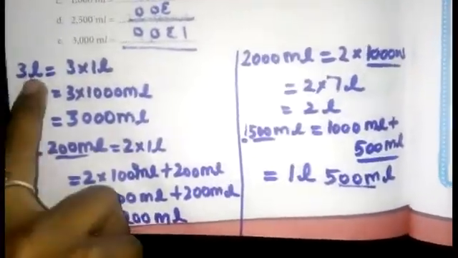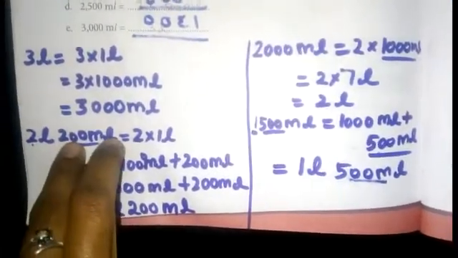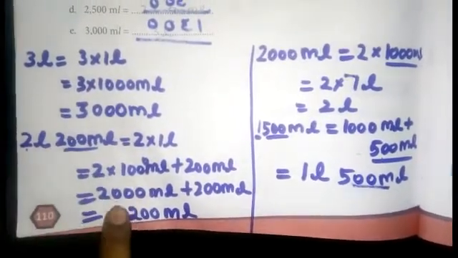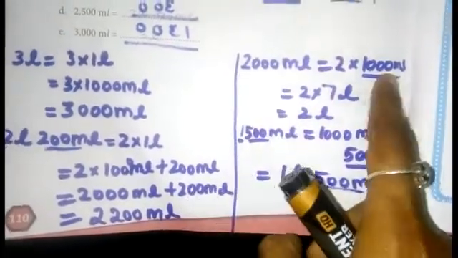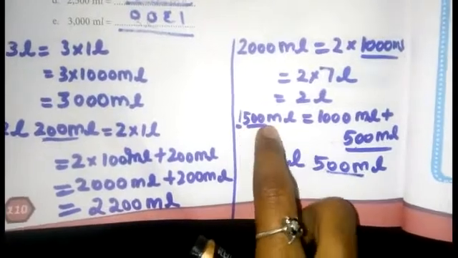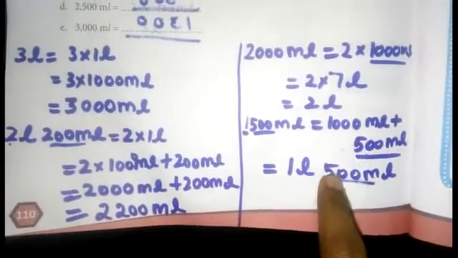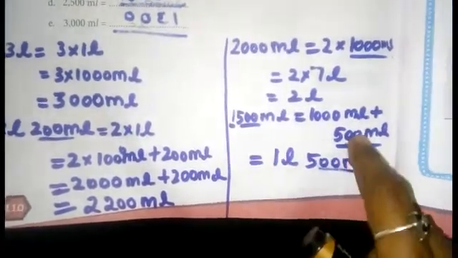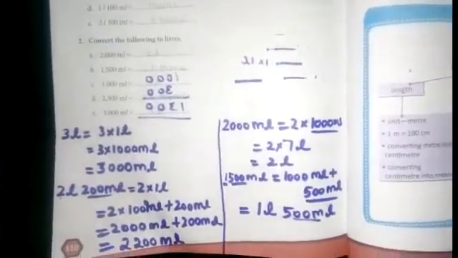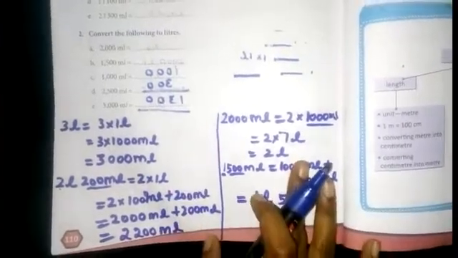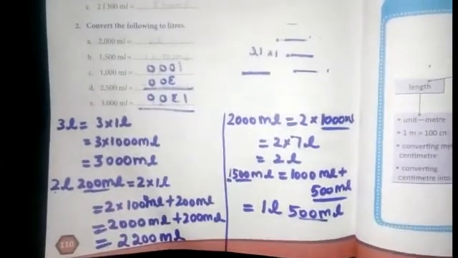So here also like 2 methods and here also 2 methods. Okay, if you know the concept very well, you will identify. Okay, so if only a number is given, you only have to write the number. If a milliliter is also given, no need to worry about this one. You have to convert this one and add together. Okay, then this one 2000 ml means 2 into this 1000 ml. If it is a number 500, 600 or 750 like that, no need to worry. This 1000 you have to write, then you have to separate it. Okay, 1000 ml is equal to 1 liter, then this one you have to write as it is. Okay, so from this if you have any doubt you have to ask me. Okay, you have to copy this in your classwork note.